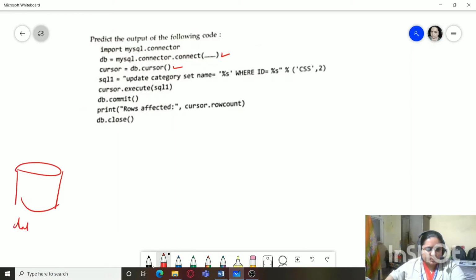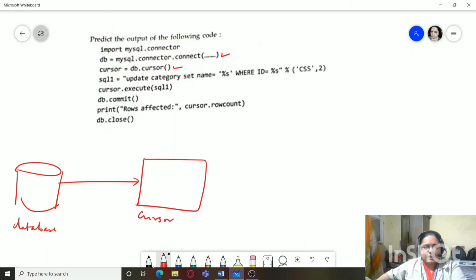This is our database. And from the database, the data comes into the cursor, which is a temporary memory area in the RAM, which contains the entire content of our database. So when we execute the SQL statement, the cursor will contain all the records of that particular table.